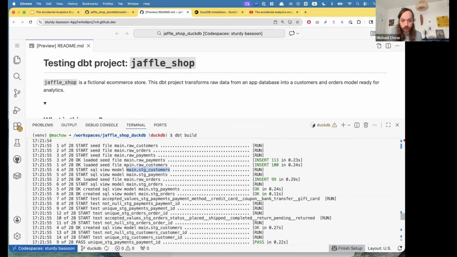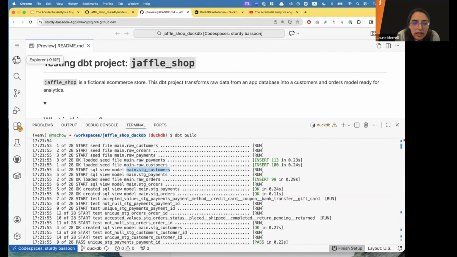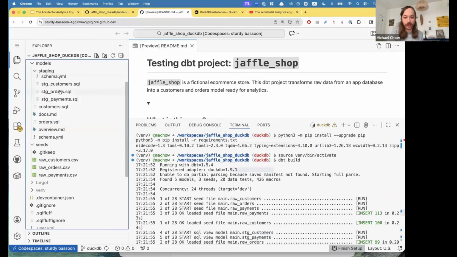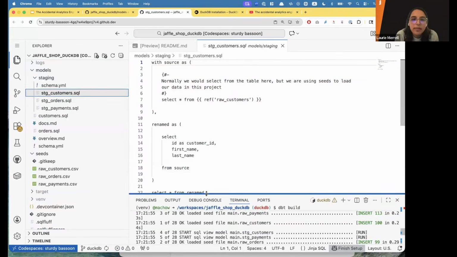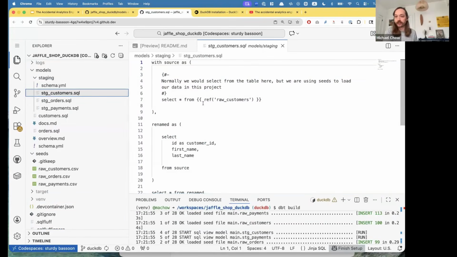And that is happening because, Michael, can we pull up maybe this staging customers? Well, no, those are going to be weird because they're going to pull from source. Or I guess if they're seeds, it might be okay. Sorry, maybe we can bail out if it gets funky. Oh, you're right, there is a note here.